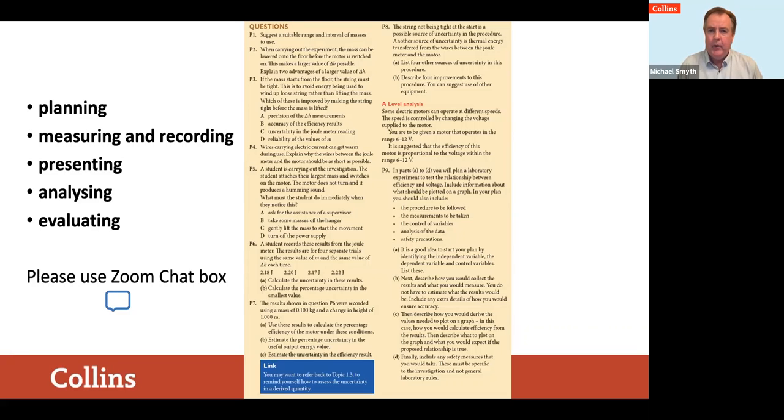All the questions from P1 to P8 can be answered by AS students, but sometimes we have students doing the full A-level coming back to a task like this, and they can do the A-level analysis, or teachers can start to introduce that A-level analysis for students who are going to be continuing to do the full A-level. Okay.